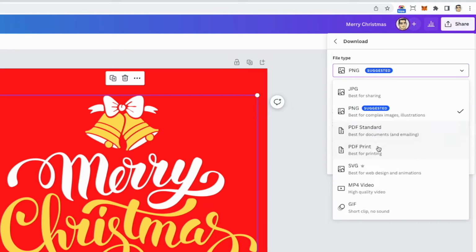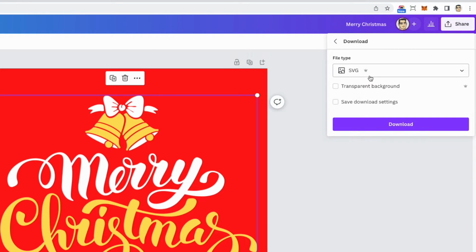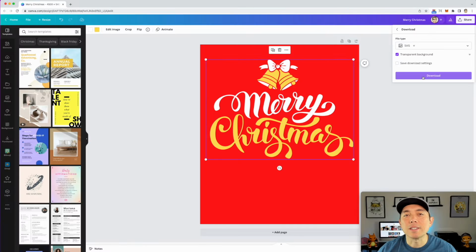So come over here and go to SVG, again, only for Canva Pro accounts, but do the transparent background again, download this, and this will be a SVG file which you can change the colors on. So we're going to do both in Zazzle. I'll show you how that works and how people can really personalize your content or your designs because you have